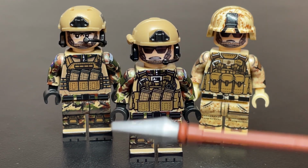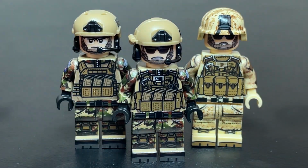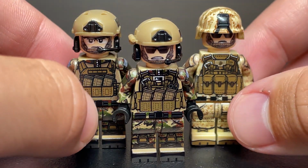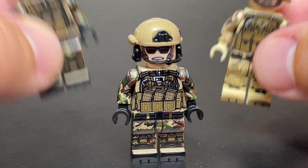I know that it has been a very static image in front of you here with these minifigures. I just thought that I'd put some of these new TMC releases that, as I said, look really nice. I mean, all 3 of these figures I'm very satisfied with. It's just that it took almost a month. Actually, I think it took about a month or a little bit over a month for me to get these